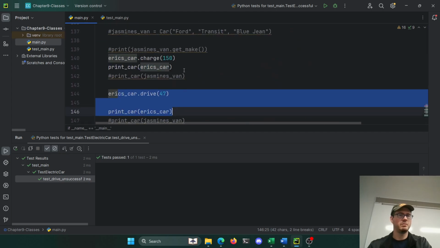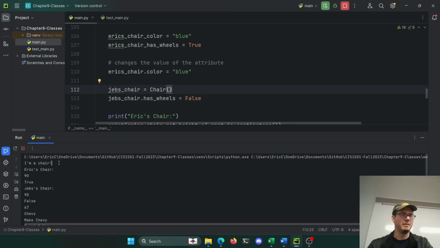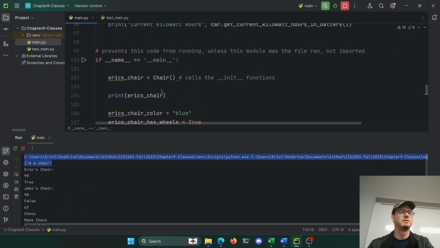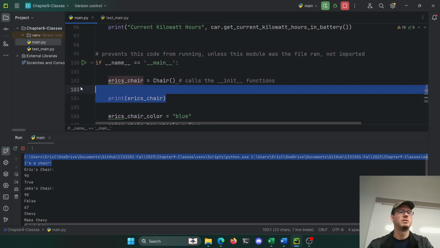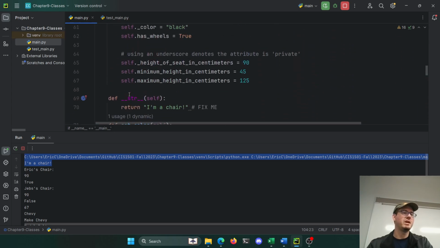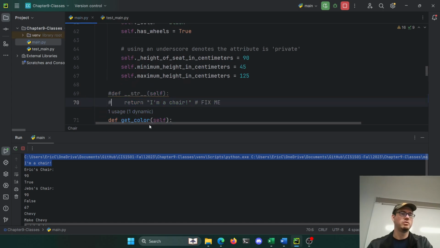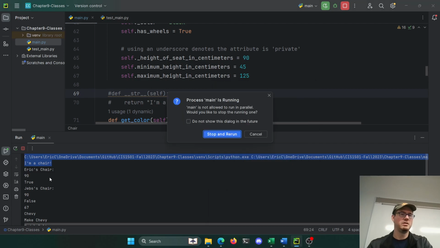Where did I print? I thought I printed the chair somewhere. Let's try running this. Yeah, I'm a chair. So this is the proper way to do this because everything can be turned into a string in Python. If you don't have this method here, when you turn yourself into a string in Python, you get